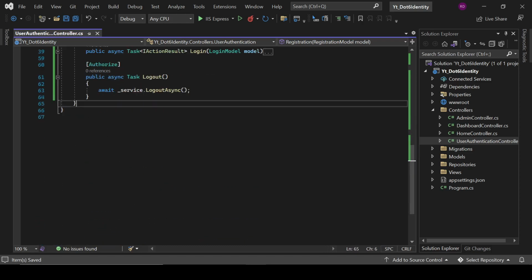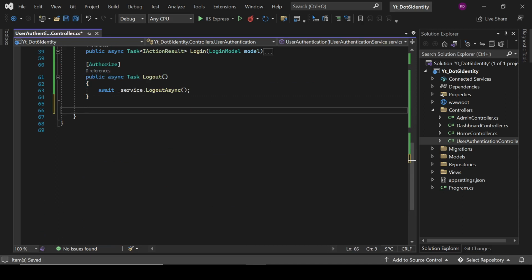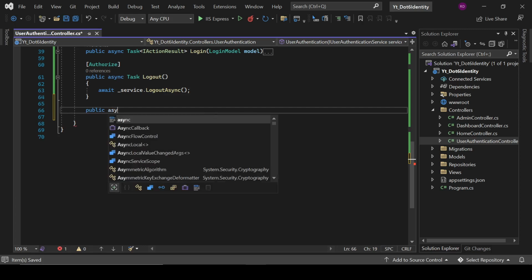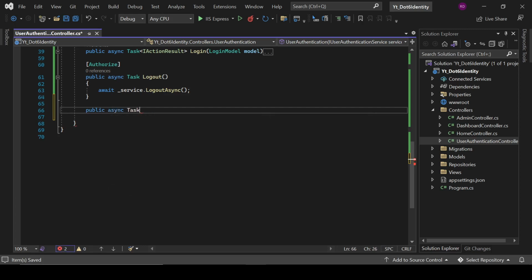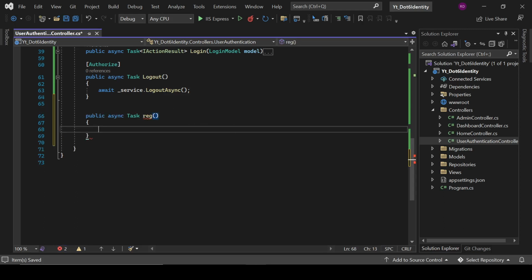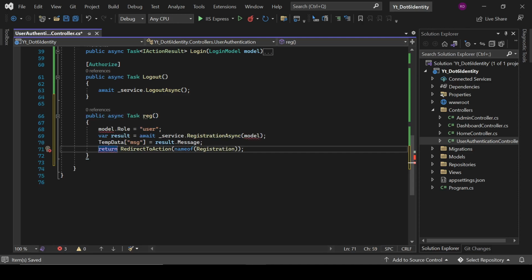and now let's create an admin user. We will not give any link for creating the admin user for security purposes, so we will create a login. We will create a user with admin rights and it will be only one user. So right here public async Task Registration,